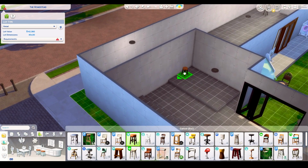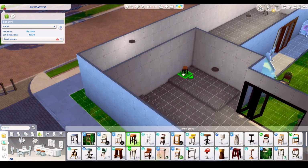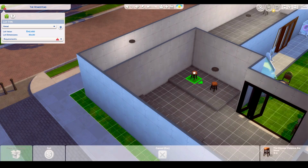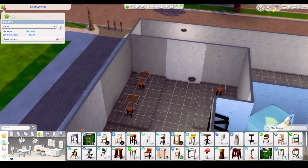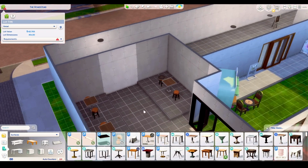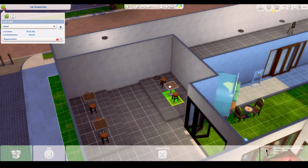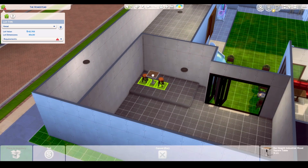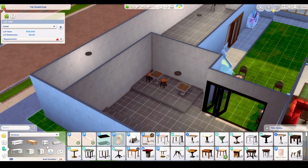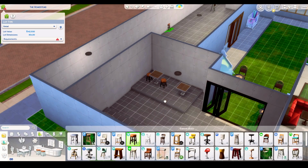Yes, I think I want this to operate like this. No? Or maybe just one on this side. You guys, this is not the final. This is just placing the idea here. That is all. We can do that, and then for the stool this time we can put it,